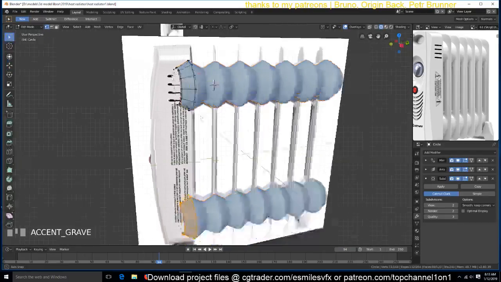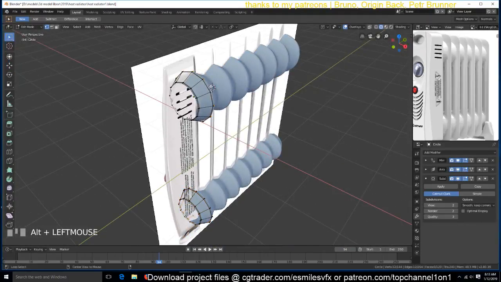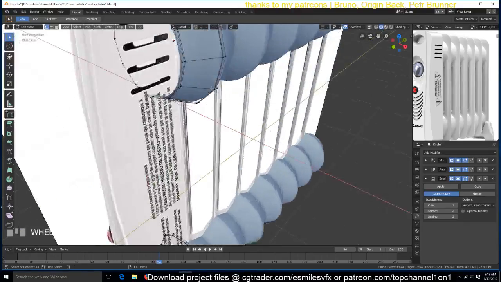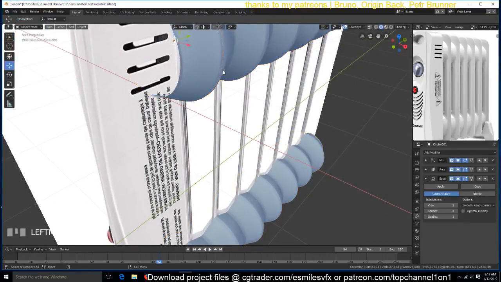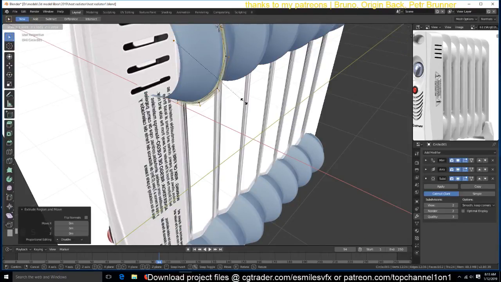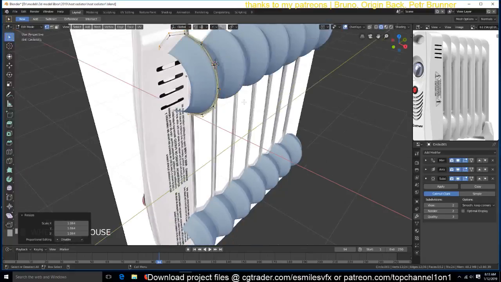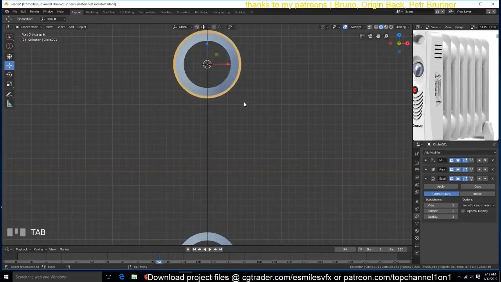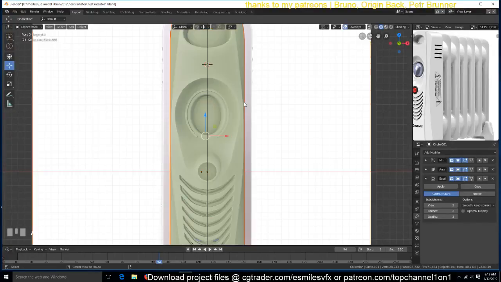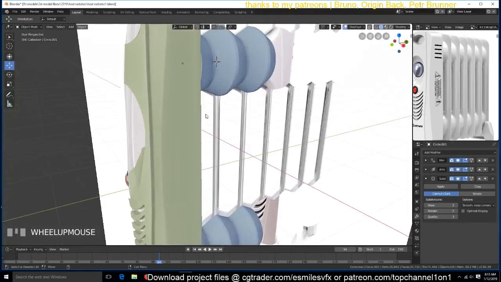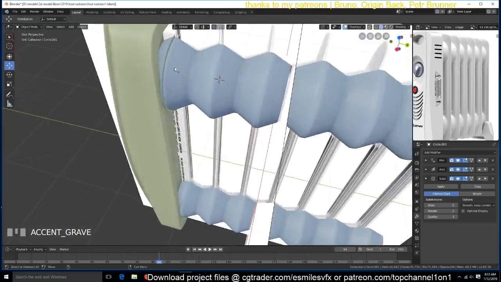For those, we can start with this ring here, or this circle. Shift D, duplicate it, and then separate it to its own object, and select that. You can select it and then extrude out like that, and then hit E. Let's go to the front view. Maybe let's unhide our reference image for a second. Let's also bring back this